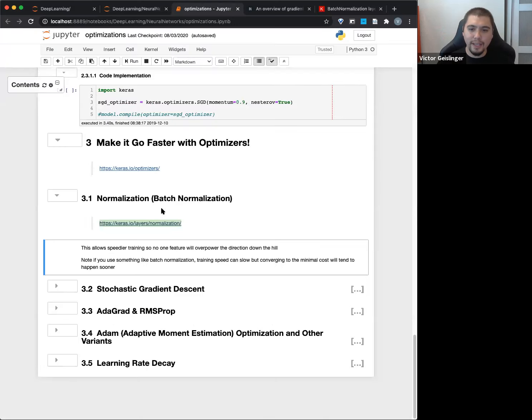Technically speaking, you should normalize your data before you pass it to the input layer, because otherwise you have very, very large values. The neural network's going to have a hard time adjusting those large values. But if you have a batch normalization layer, you could technically skip over that part. That's the idea there. I don't know if that clears things up, but yeah. Cool. All right, continue on.